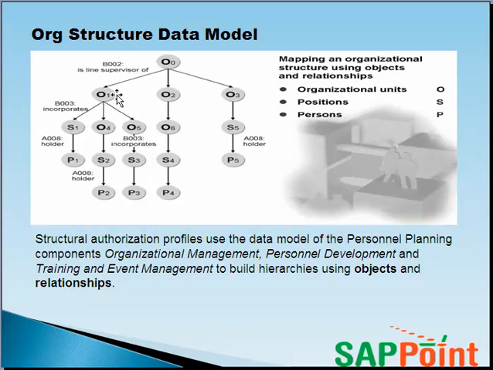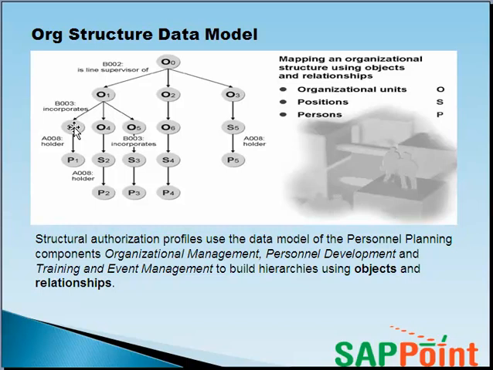Suppose O stands for org unit, S is for position, and P is for person. So the hierarchy is that an org unit incorporates other org units, or in this example, for example, this org unit is a line supervisor of these 3 org units. Now, B002 is how the structure would be read. B is top down, that is from top to down. And for example, if you read top down,